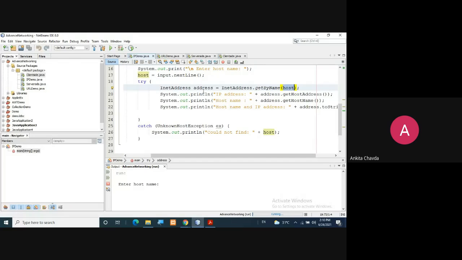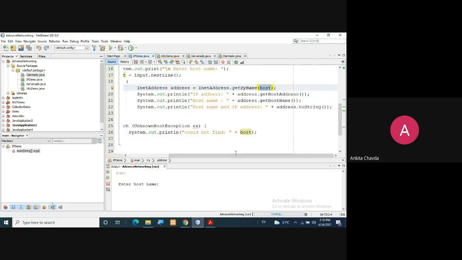Fine. Now I want to know the IP address of this. So what I'll do, I'll use this object address.getHostAddress. This method will give the IP address. And same way, if I wish to get the name, right, I'll use getHostName with this object name.